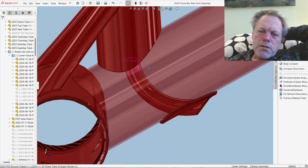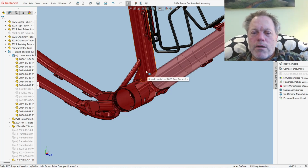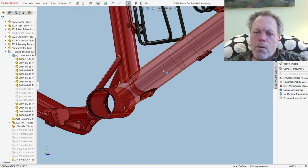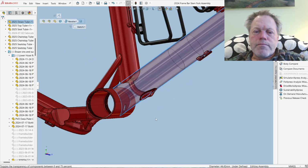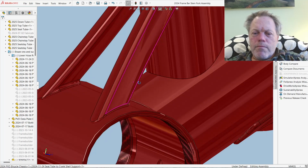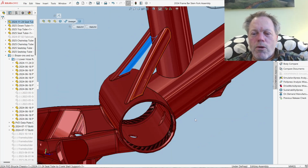Yeah, it's got a little support there, but that way, the end of the seat dropper can come all the way down to here and still function well. Here, I'll do that. Now, of course, and people might not have gotten the full explanation of these supports here,